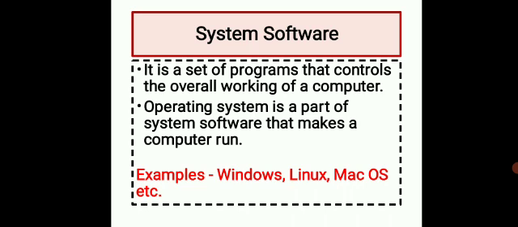Let us understand the operating system with the help of an example. There is a car in a house. It has petrol, engine, and wheels, but it is not moving. When will the car move? It will move only when the driver starts it. So, driver is the operator of the car. Similarly, operating system is the driver of a computer which makes it run. Without an operating system, a computer cannot work.